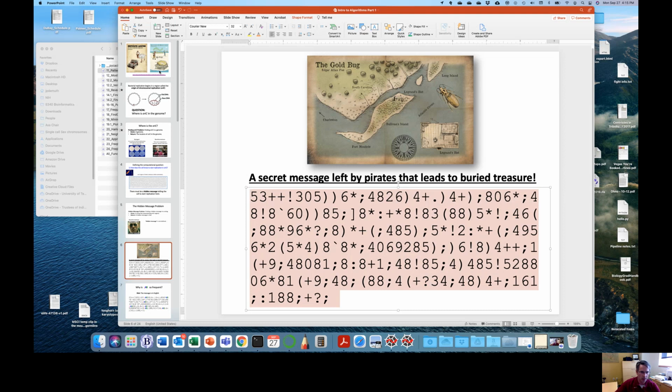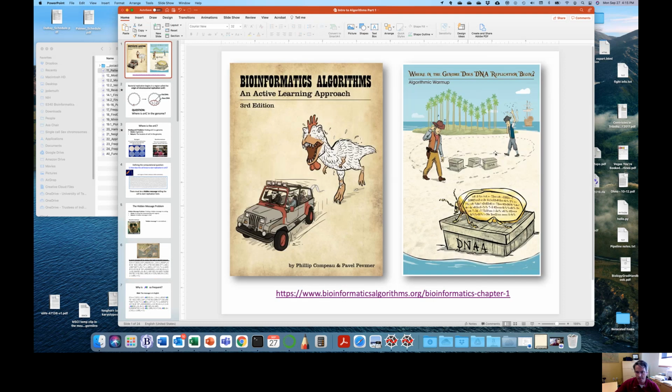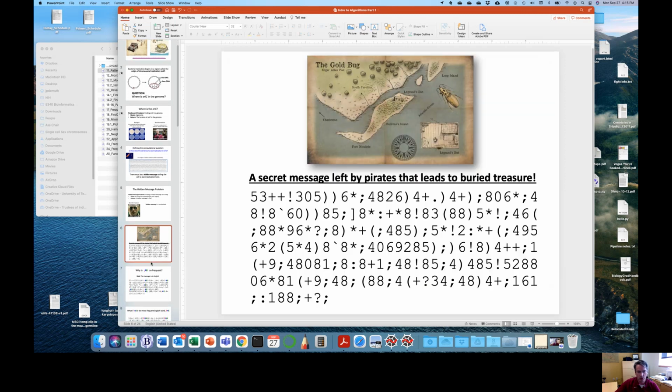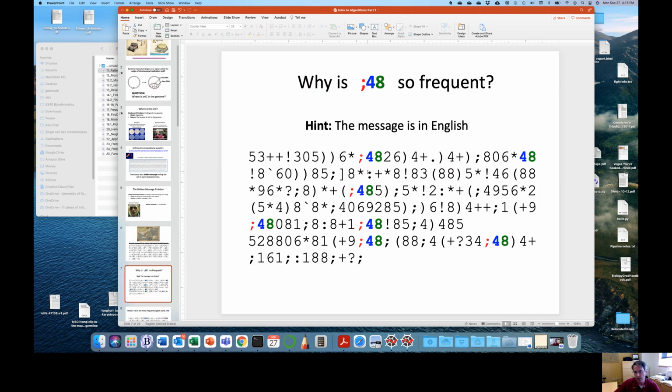Okay, and it's actually the Gold Bug story message. And there's a long background, and again, go watch the video from them to find out more. But the hint is that the message is in English, and you can start to recognize that some sequences are